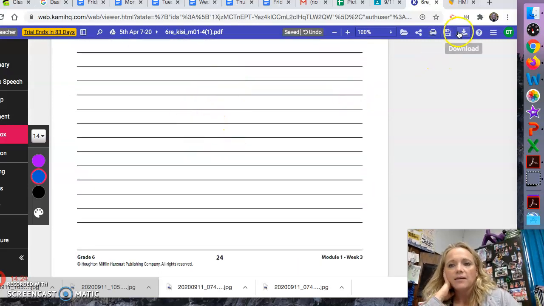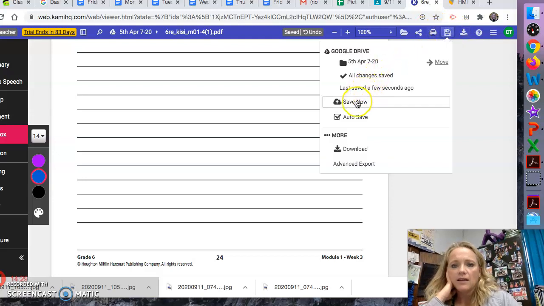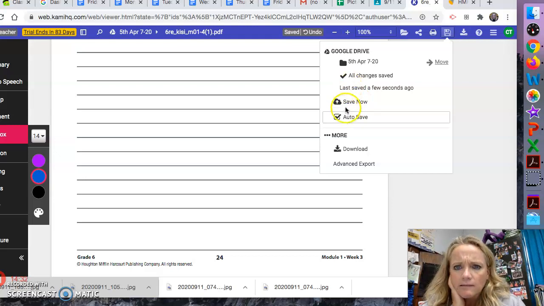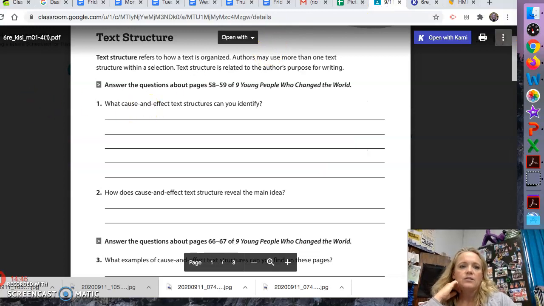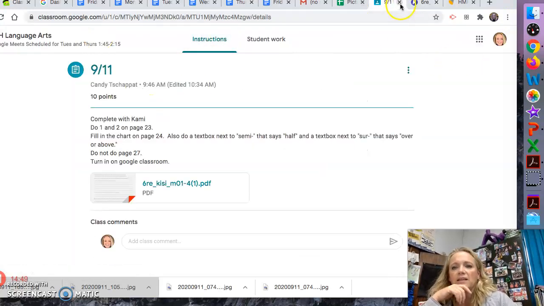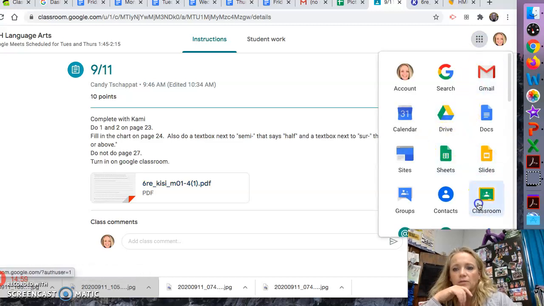When you finish with that, make sure you go in and save it. Click save and click save now, even if it says it was already saved. Let's just make sure and click save now. And then there is some question as to how to do this. I have been told that you need to go back to the Google Classroom, and you might even need to close it and then open it again in your waffle. So if you close it and then you go back to your waffle, to your classroom,